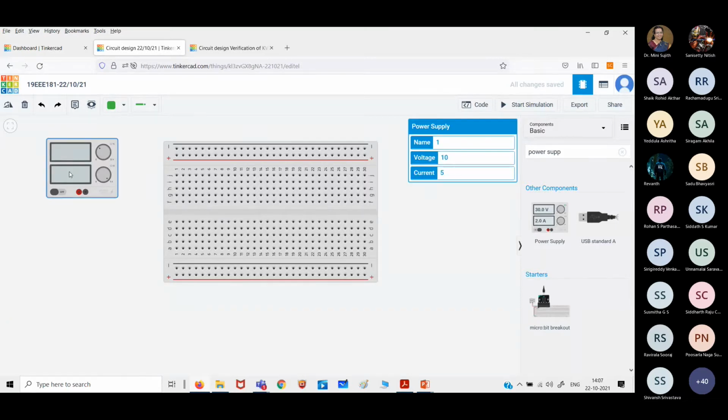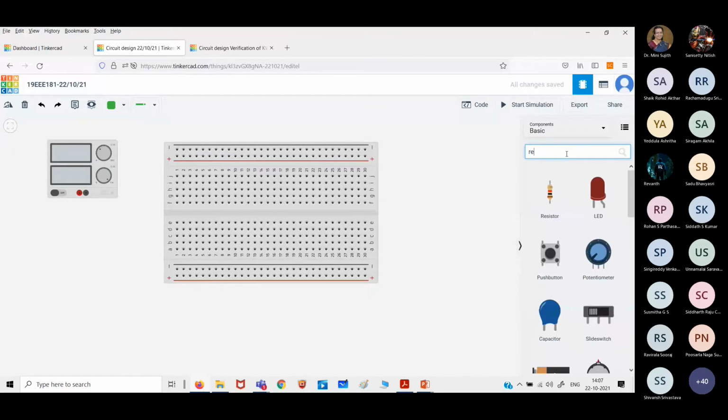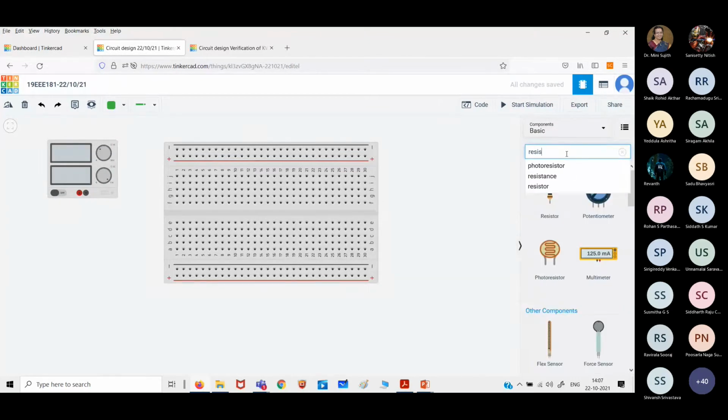So again, when you are clicking, it will show that the voltage that you will be supplying to the circuit which you will be connecting is 10 volts. Now what do we require in the circuit? What is there in your circuit? We have resistors. You type resistor. If you type, you can see below you are getting a resistor. Click it, drag it and place it.